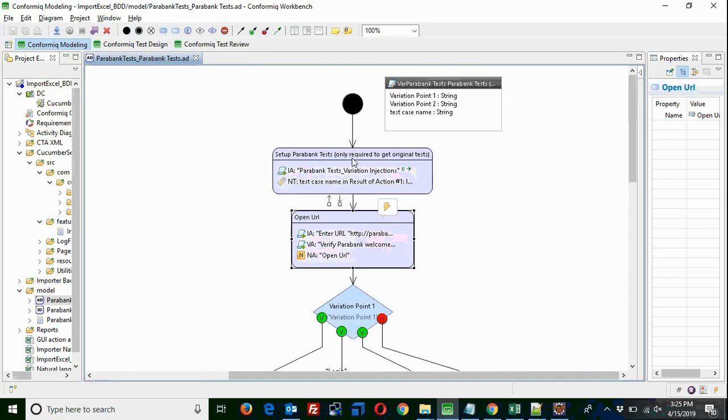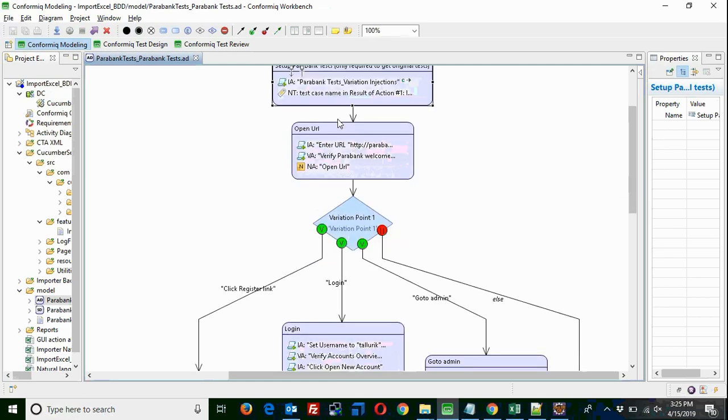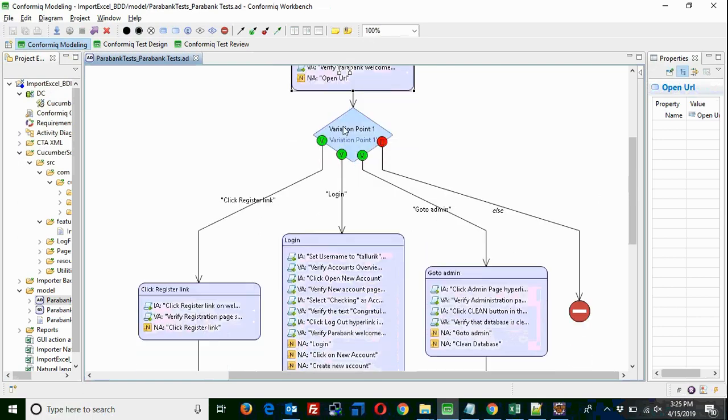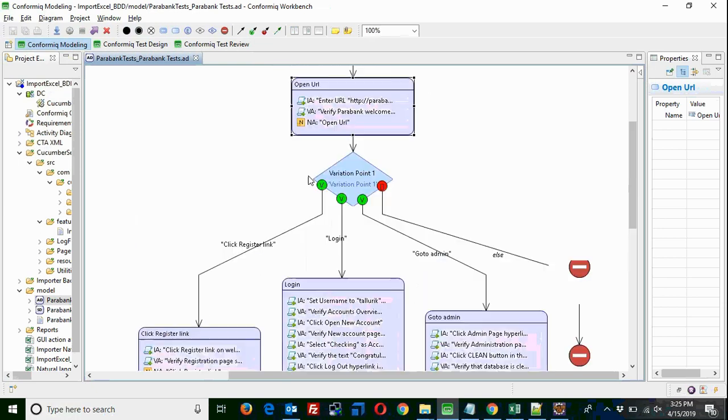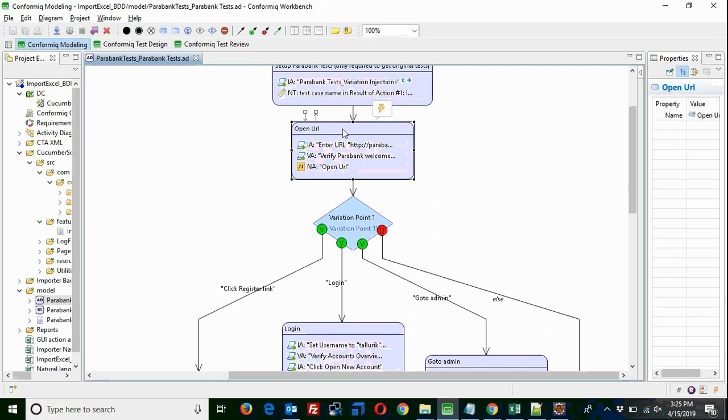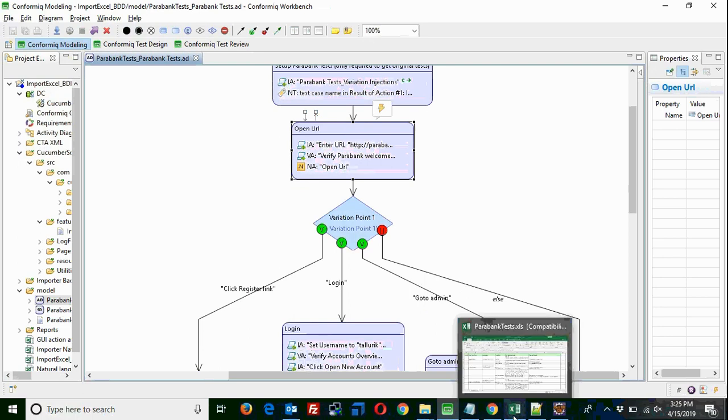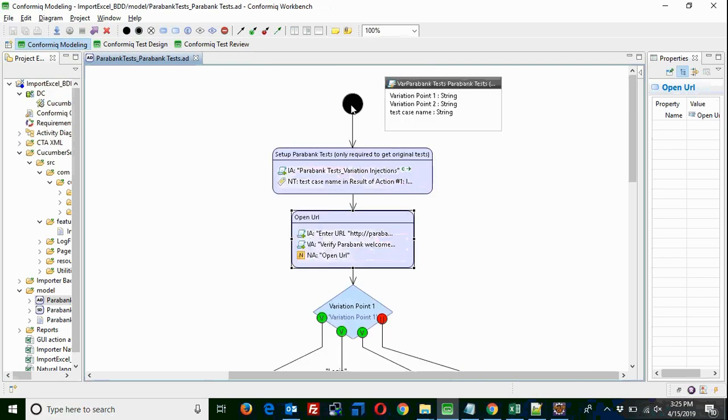You can ignore this first activity. It is only creating some kind of condition so that you get back the original test cases. But now this is the most important one, the starting point, open URL. After open URL, you can see various possibilities of paths, as open URL is always the beginning. Just after init, if you ignore this, this is a starting activity.